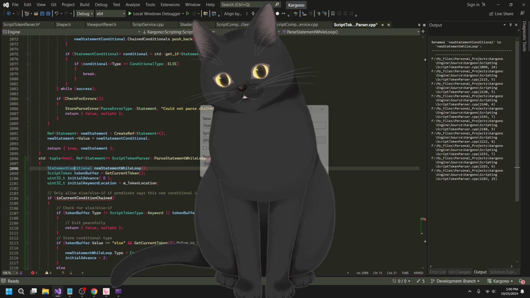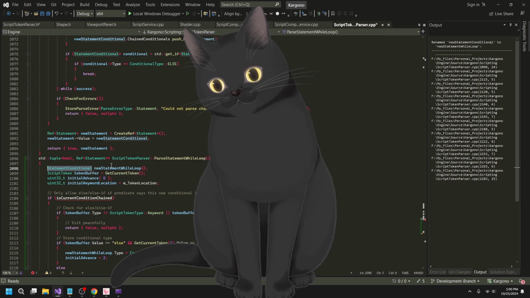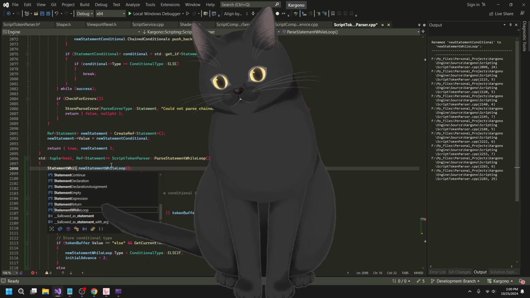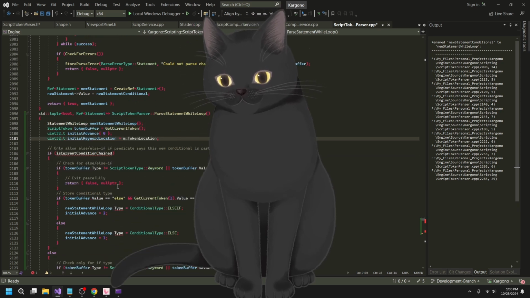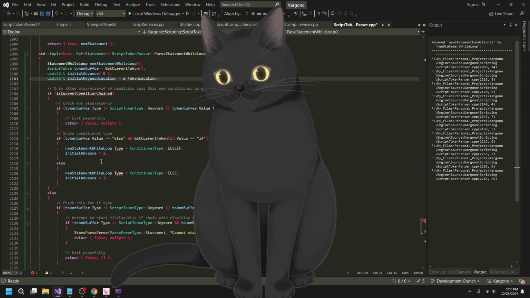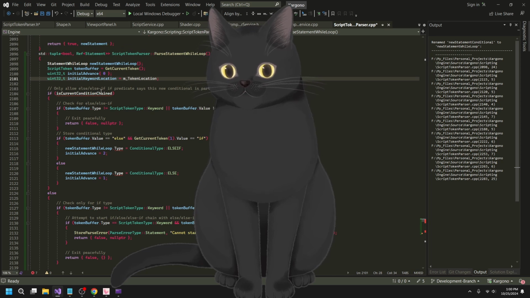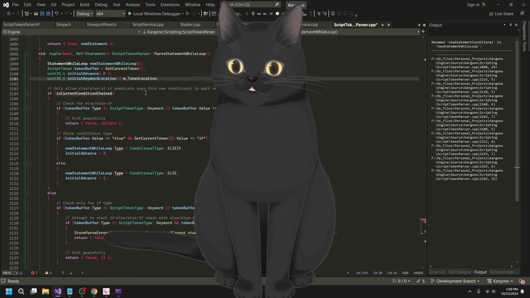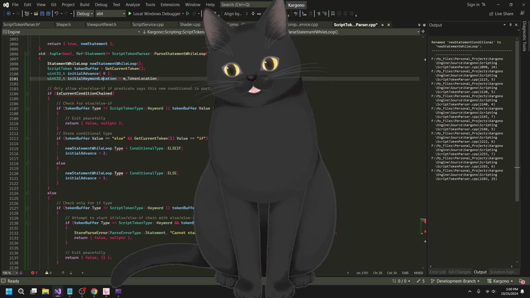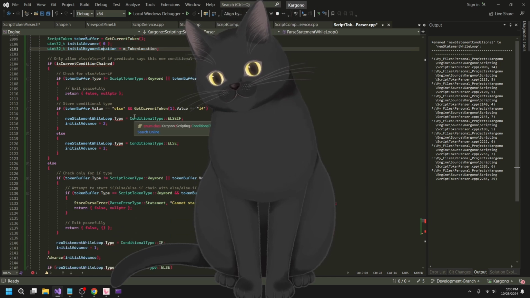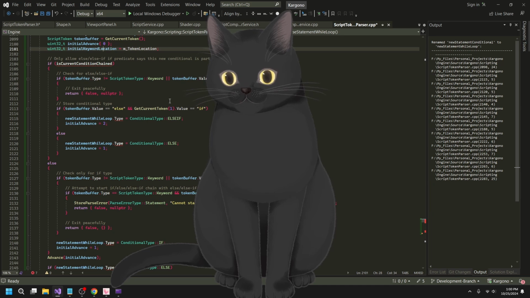Oh, don't do that. That's silly. Statements while loop. And I'm gonna throw a bunch of errors, but that's fine. So first, only allow else if. The else if predicate says that this new conditional is part of a chain. I don't need to do any of this logic, but one thing I do need to check.